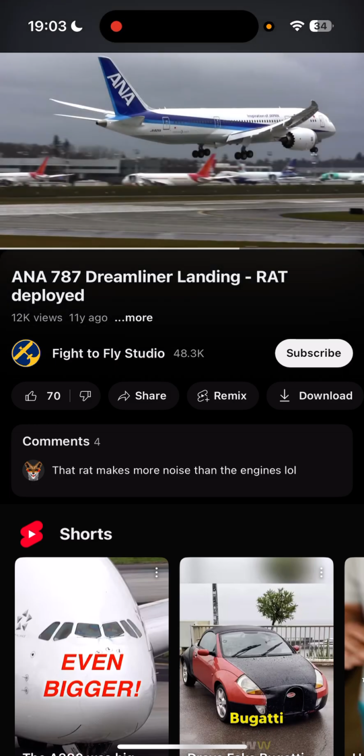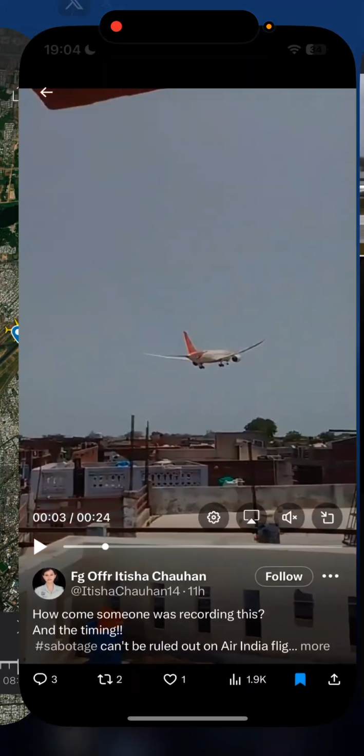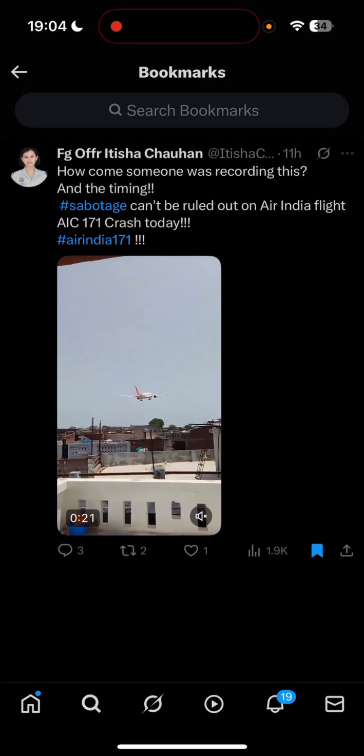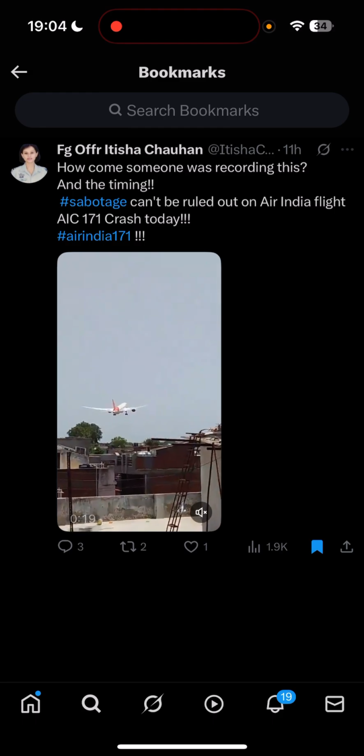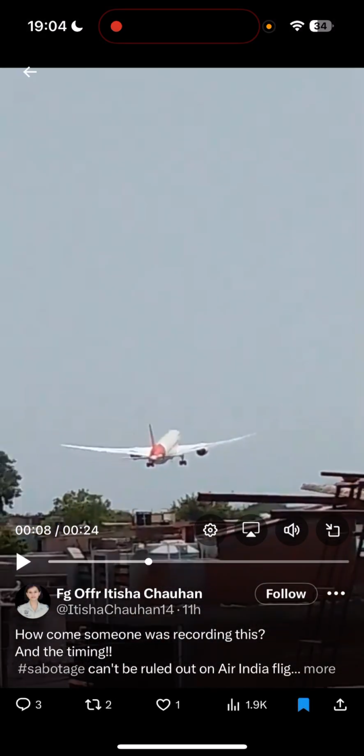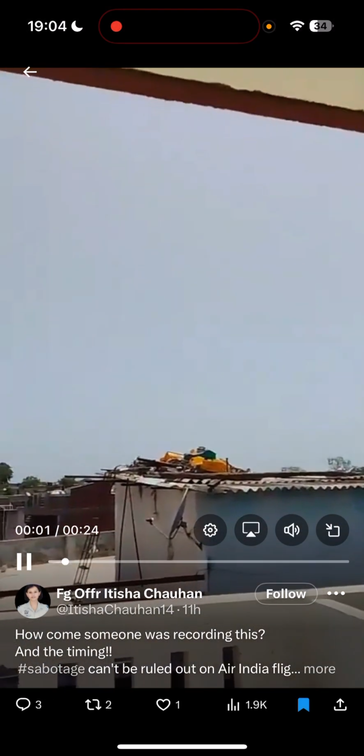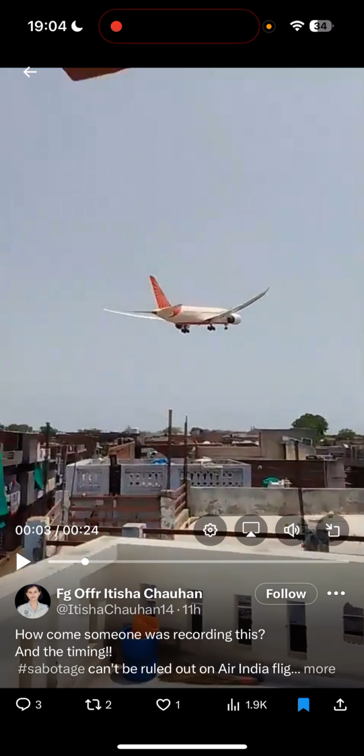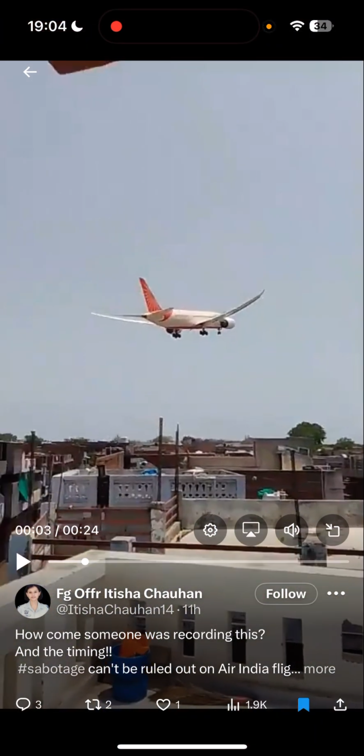Exact same plane, exact same variant. As you can see, that is the turbine from the ram air turbine. That's the sound it makes, and that's the sound we heard here. So what this leads me to believe is that this was a dual engine failure, and because of that, the plane eventually lost all thrust. Because as you can see, if we go back to the other video,